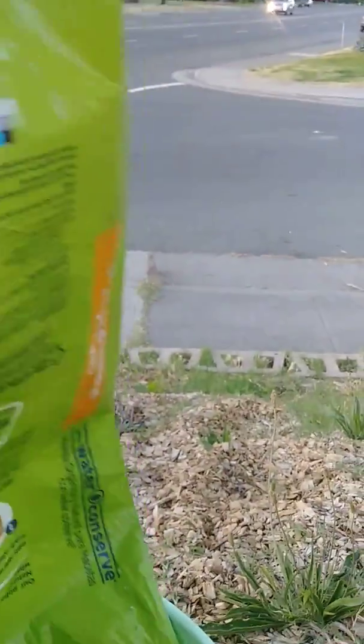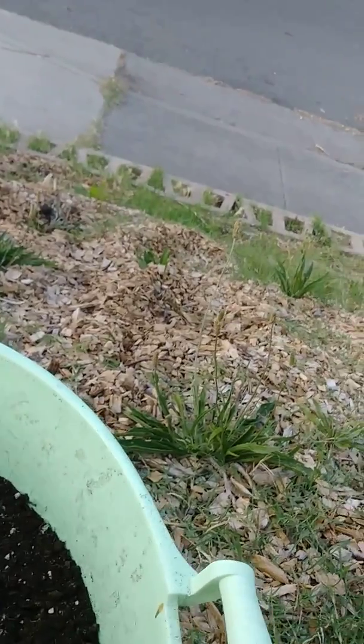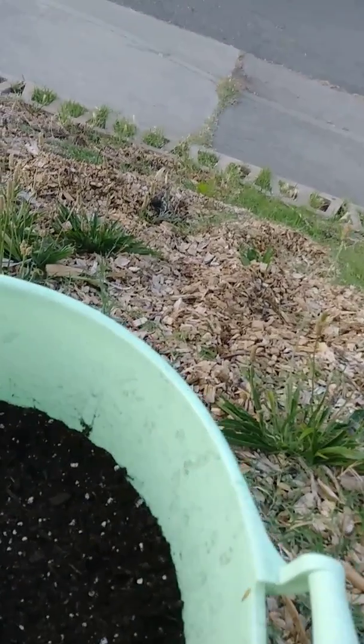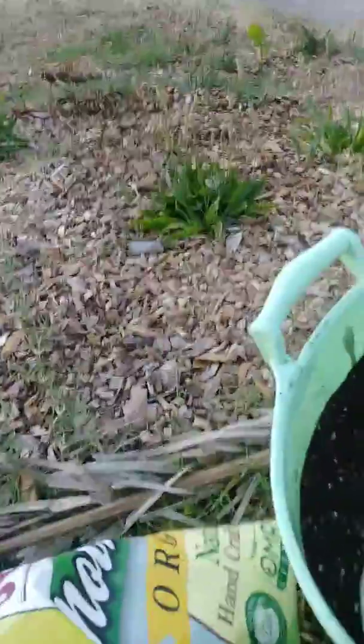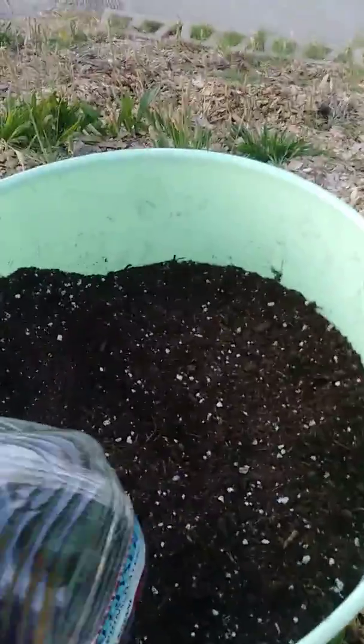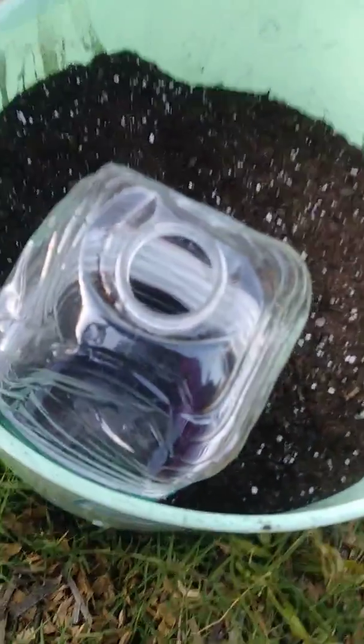So I'm just using the rest of these, and most of the time I do not pay full price for any of my bag soil unless I really need some. Whenever I find damaged bags, I just snatch them all up. So I'm going to get off. It's getting dark and I'm not going to stay out here too much longer, but I just wanted to share with you guys that I'm trying this out, and if I can figure out how to do it, I will